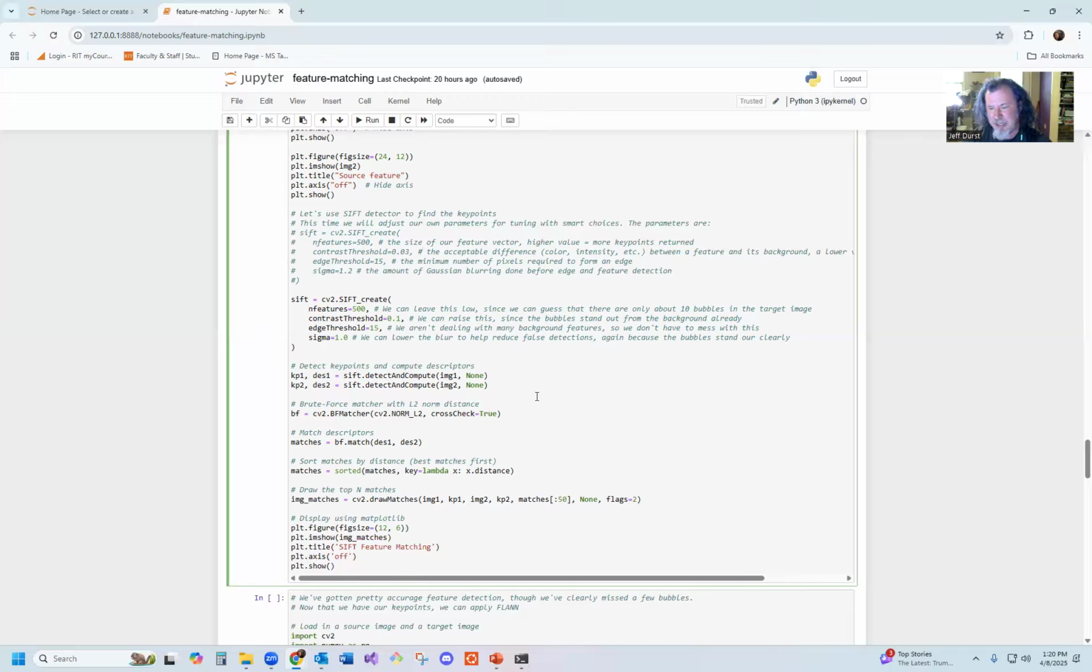And when we see the image, these bubbles we're looking for are pretty stark against the background. So we can bump our contrast threshold way up, which will kick out a lot of false detections. There's not a ton of background features in this image, so we don't need to worry about our edge threshold because we're not worried about finding a lot of edges. And again, because the features we're looking for are pretty obvious, we don't need to do a lot of blurring with our Gaussian